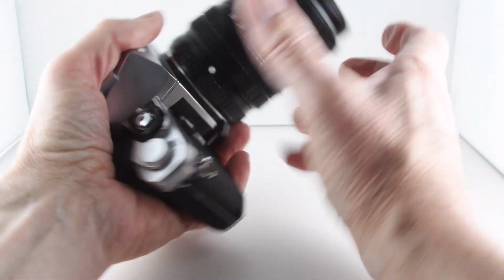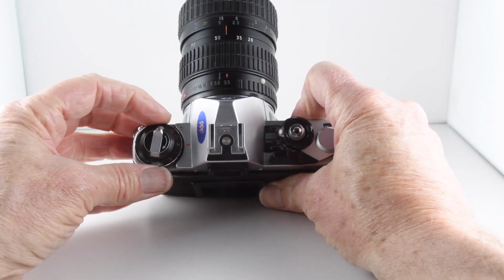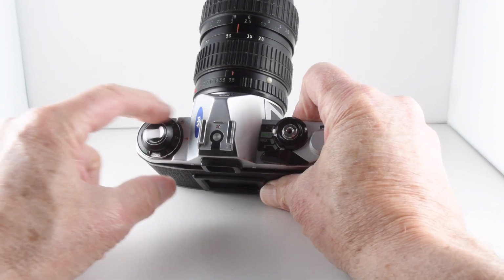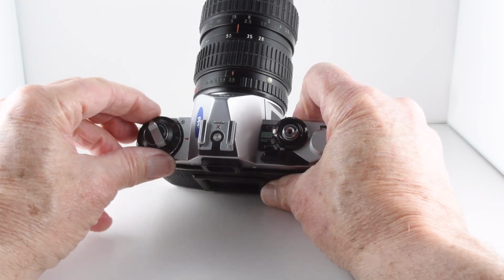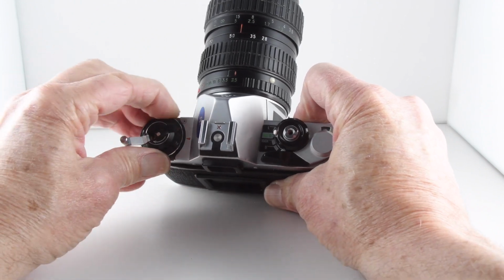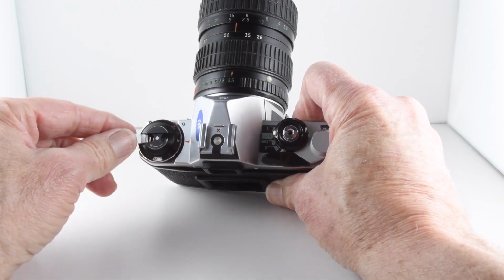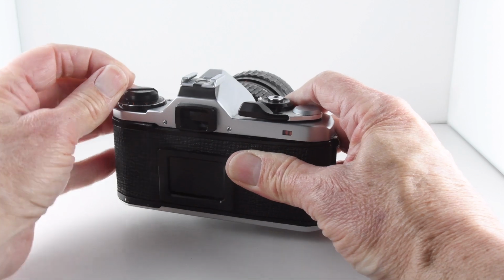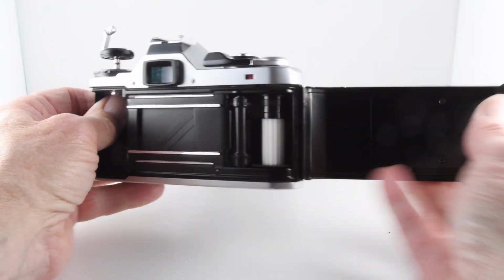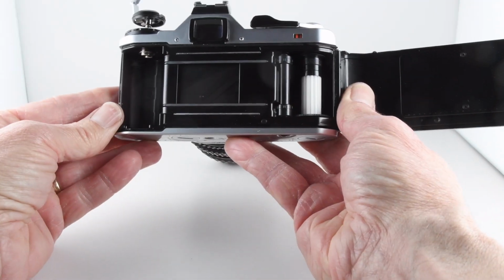and then looking to the top of the camera, we can set our film speed by lifting the collar of this dial and rotating it, which is also an auto exposure compensation dial, which we can go from +2 to -2, but we stick it on +1 if we want it to be exposed as per box speed of our film. Opening the film chamber with the rewind lever,